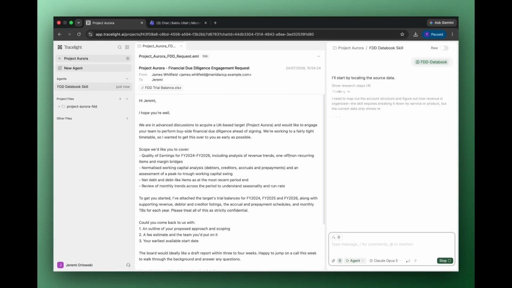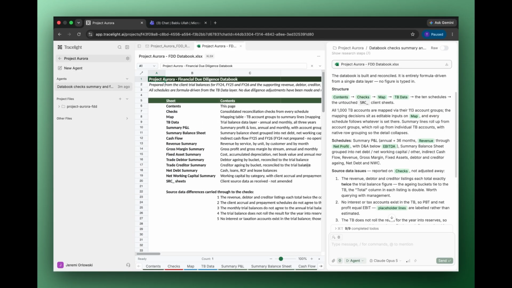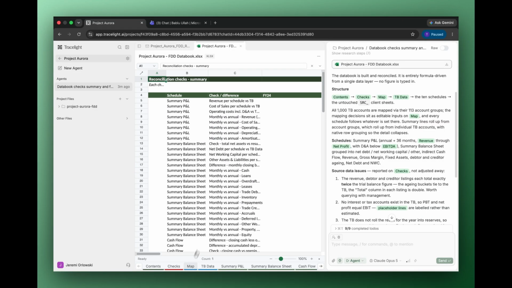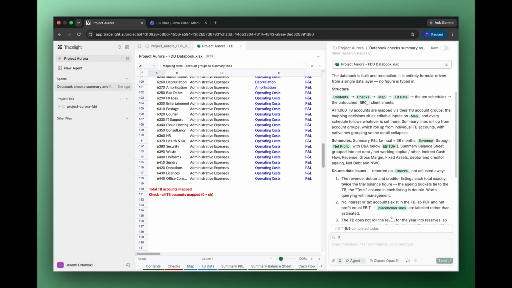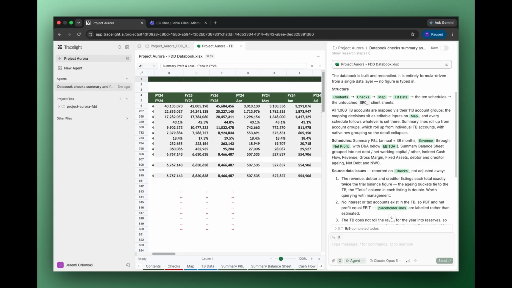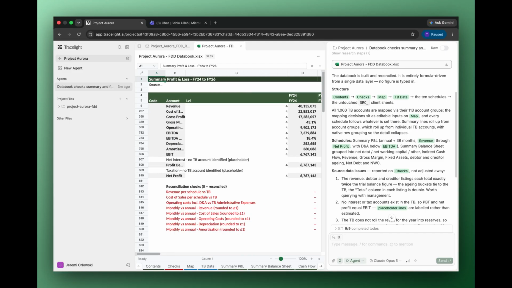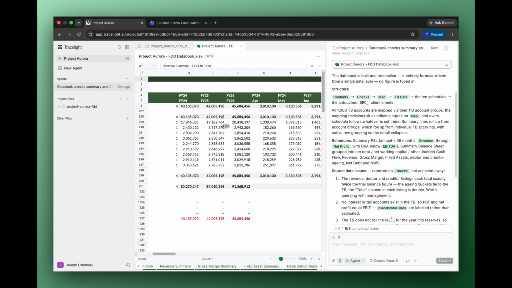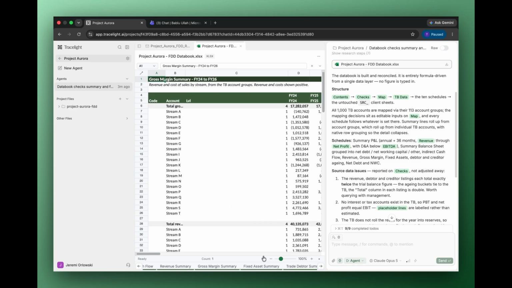First, you use a pre-built FDD Databook workflow inside Tracelight to map the accounts from the trial balance and generate the initial Databook structure. That workflow creates multiple tabs in your firm format and supporting schedules automatically. So instead of building those manually, you can move straight into reviewing the output and focusing on the areas that